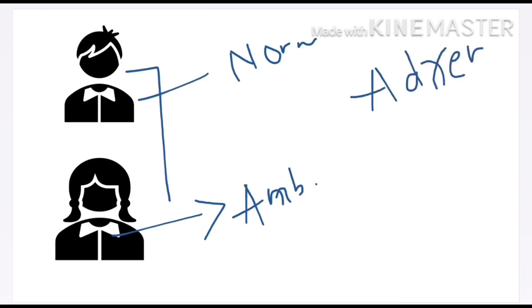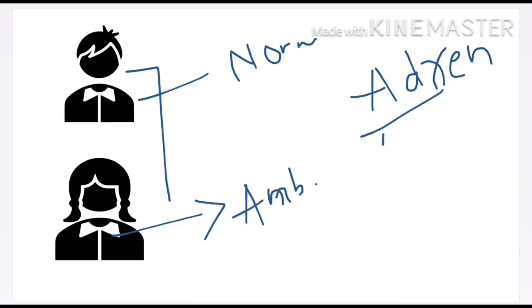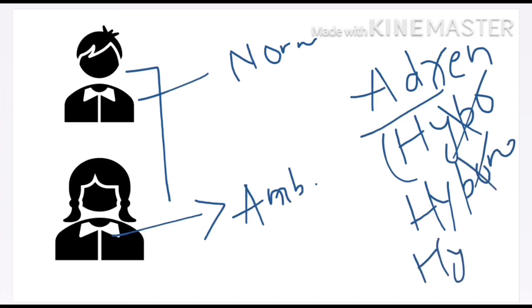Okay, but these children do not develop adrenal insufficiency. Why no adrenal insufficiency in this child? Because deoxycorticosterone has mineralocorticoid activity. Okay, so these children do not develop hypotension, no hyponatremia, no hyperkalemia. Okay, because deoxycorticosterone has mineralocorticoid activity. So the child required